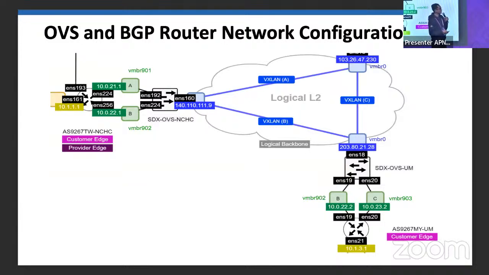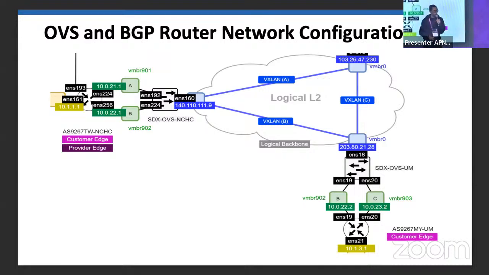The configuration, I think, is simple. It's just creating the VXLAN, and then you attach a virtual router, connect one interface to the switch, and it's typical IXP connectivity. So nothing special here. As long as you have connections between your routers and you're able to connect to the route server, I think it will be enough.